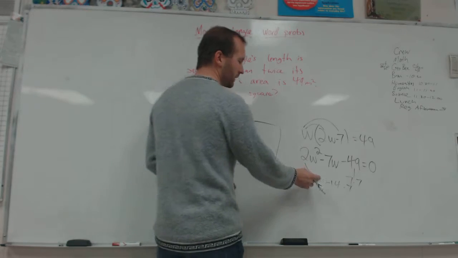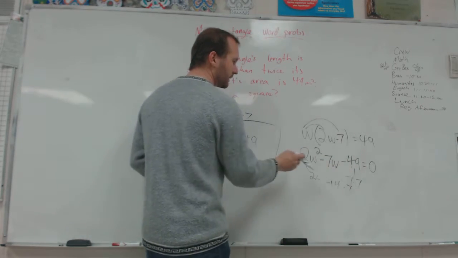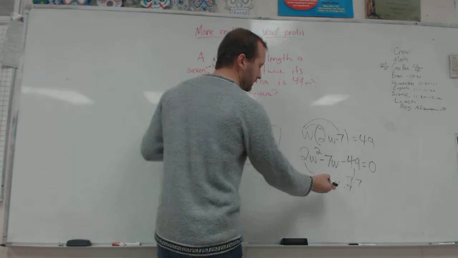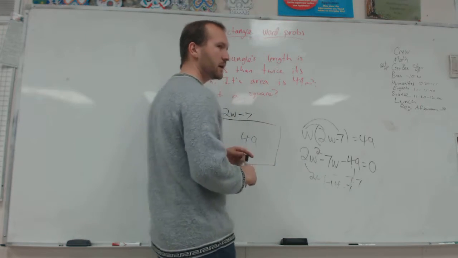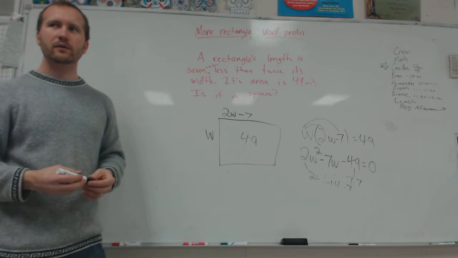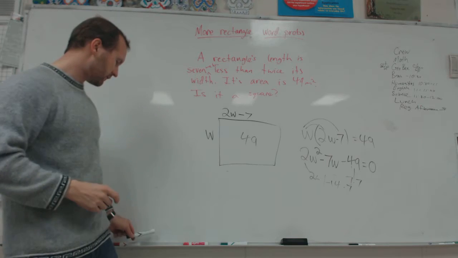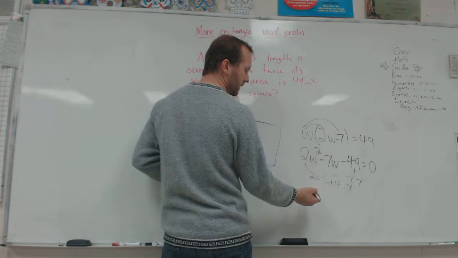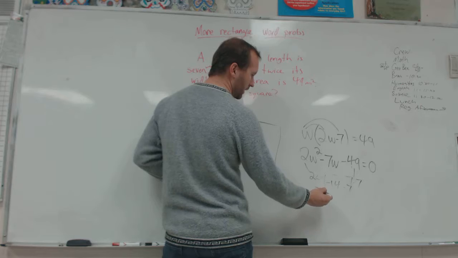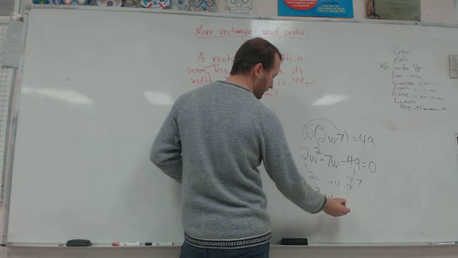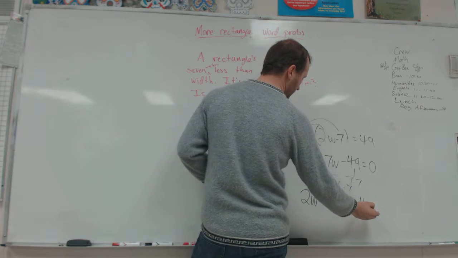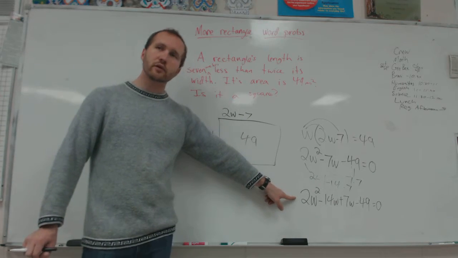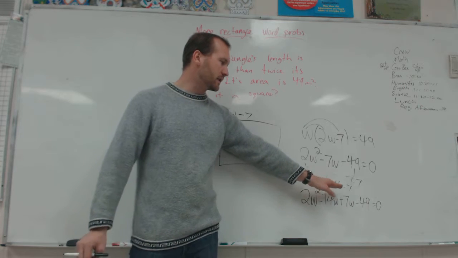So this is one time when breaking these numbers up into their factors, I think, is going to help you see Gary's terrific trick faster. So we know negative 14 and positive 7 have to be what? Are those our factors? Are those like our final factored form? No, that's just how we rewrite this, right? We're using Gary's terrific trick, breaking this up. So we're just going to rewrite it as 2W squared minus 14W plus 7W minus 49. So using Gary's terrific trick, we've rewritten this because we know that the negative 14 and the positive 7